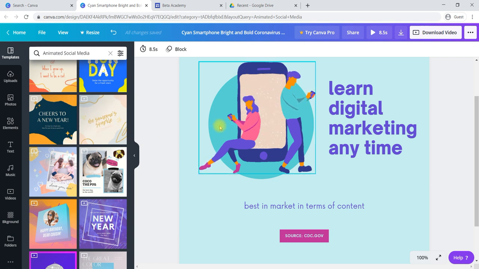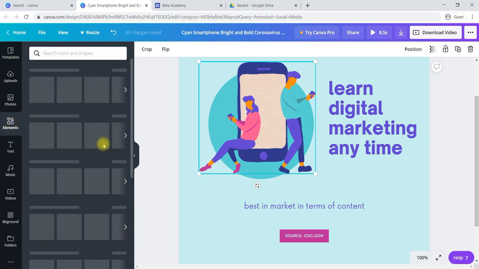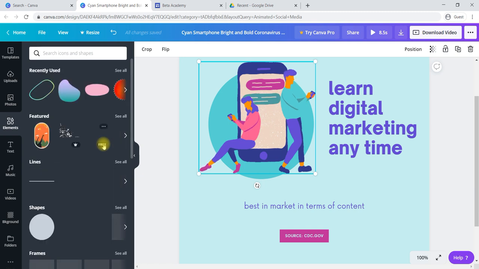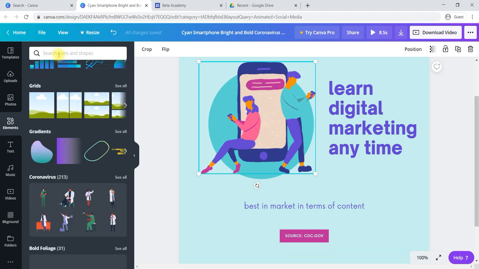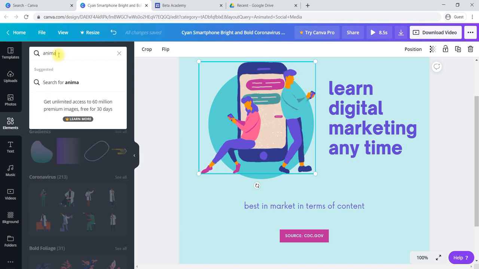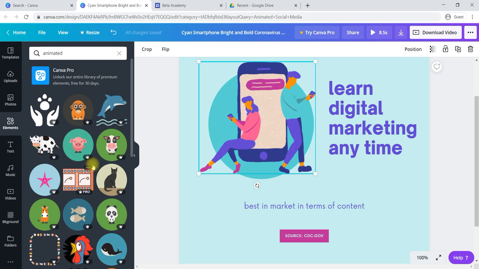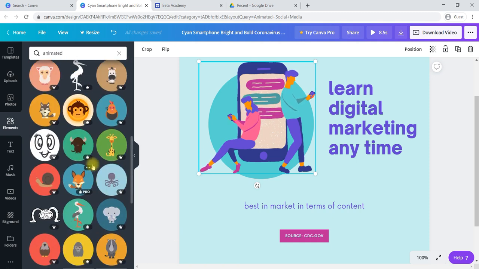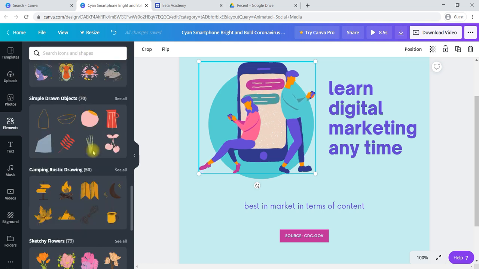Again, if you would like to change these elements, you can go back to elements. Here also you can search for such types of elements. You can search for animated, and you can see some of the animated elements are there. You can utilize them.